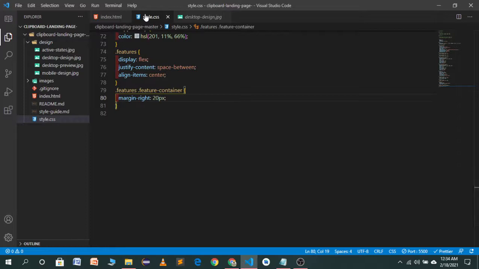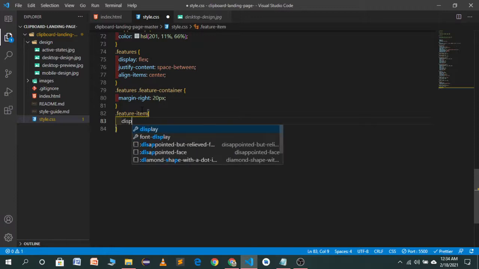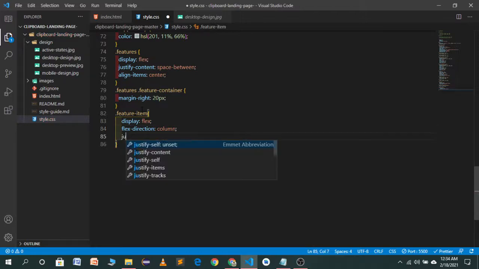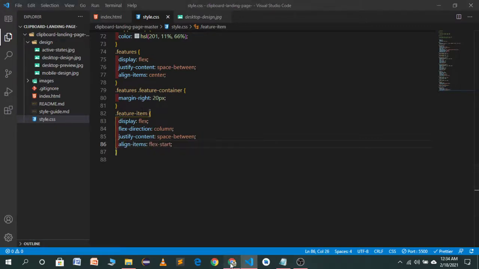So we don't have to write a bunch of code for these changes. So let's target the feature item. Display flex, flex-direction will be column. Justify-content space-between. Align-items flex-start. Let's see how it will look.